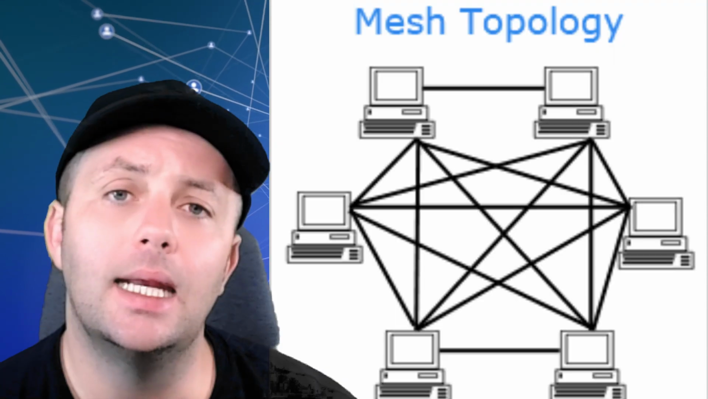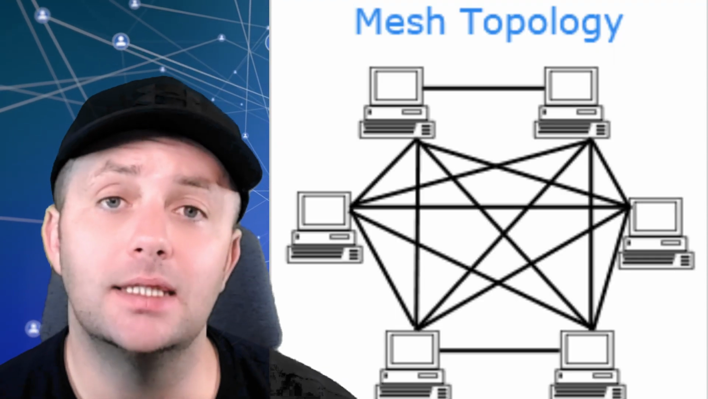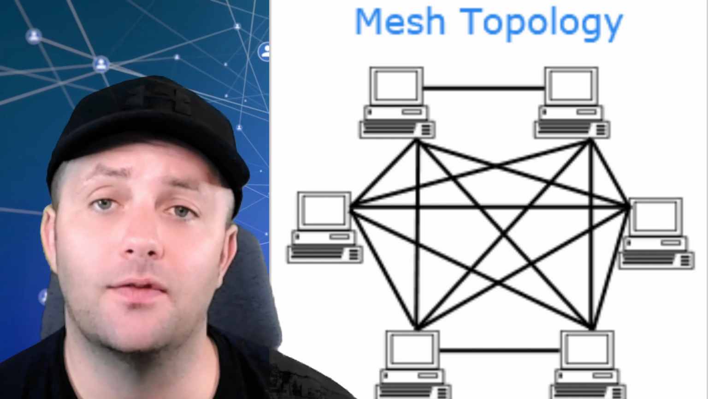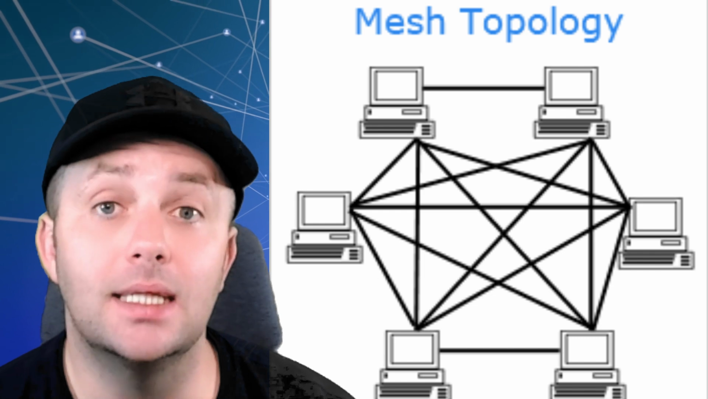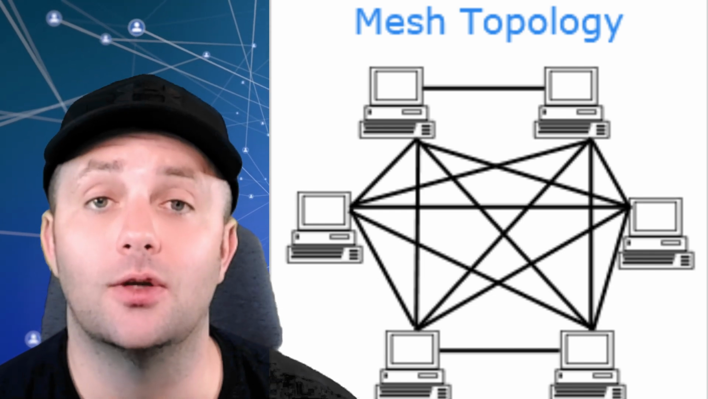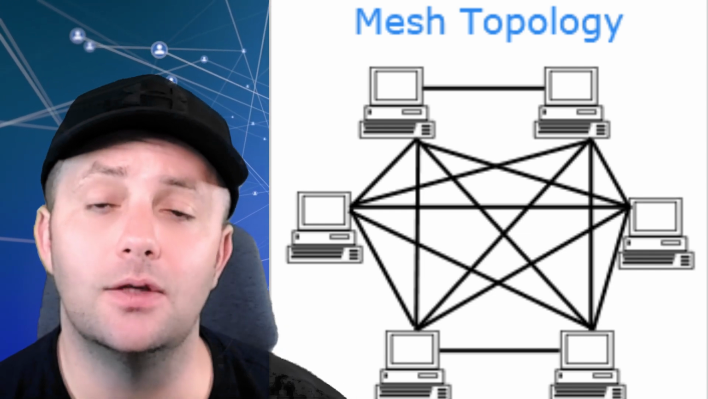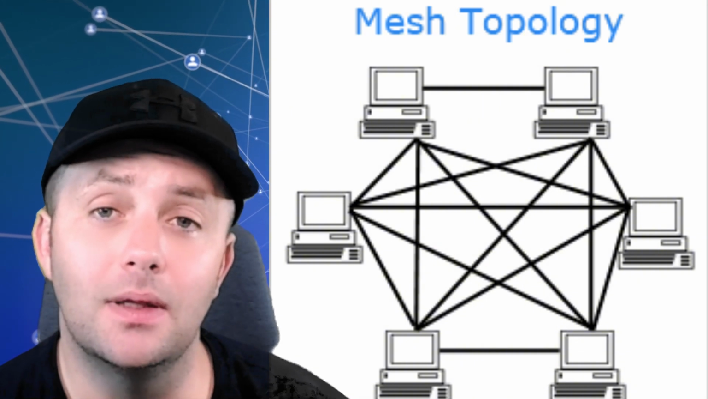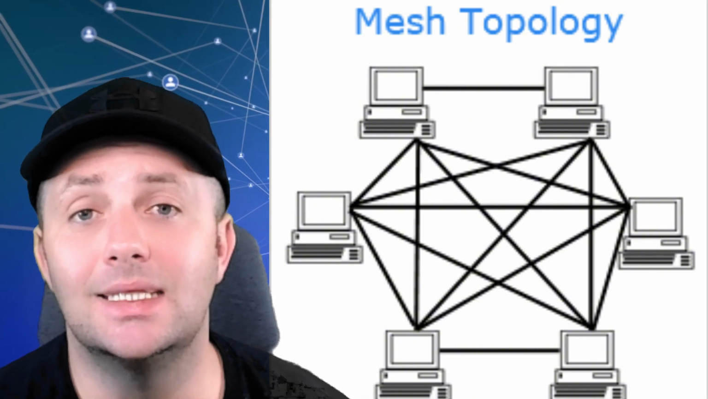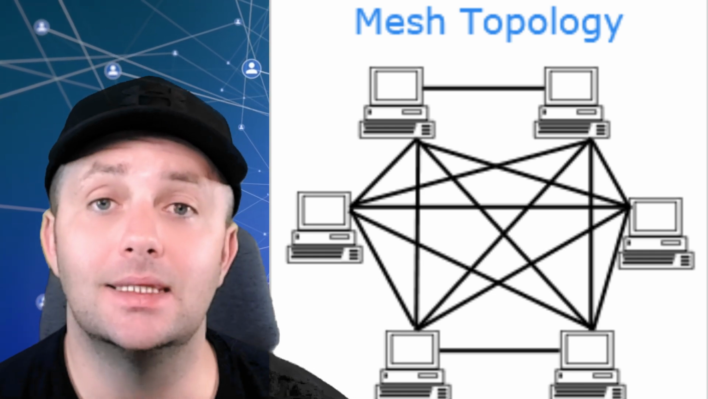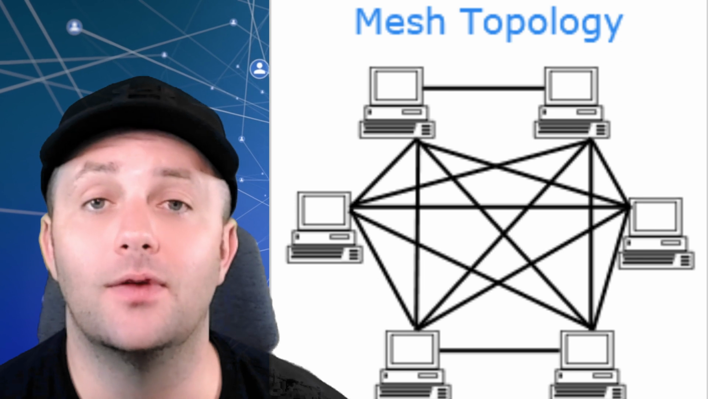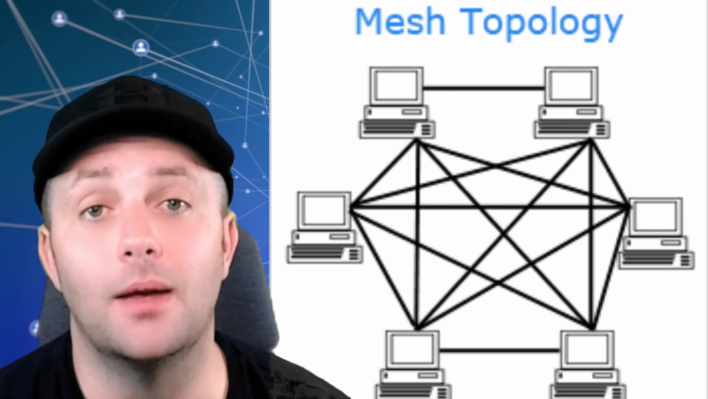Next up is the mesh topology, which is one of the most robust and reliable topologies. In a mesh topology, every device is connected to every other device. This provides multiple paths for data to travel, which makes the network highly fault tolerant. The mesh topology is ideal for critical networks where reliability is a priority, such as in data centers or large enterprise networks. The downside is that it requires a lot of cabling and configuration, making it more expensive and more